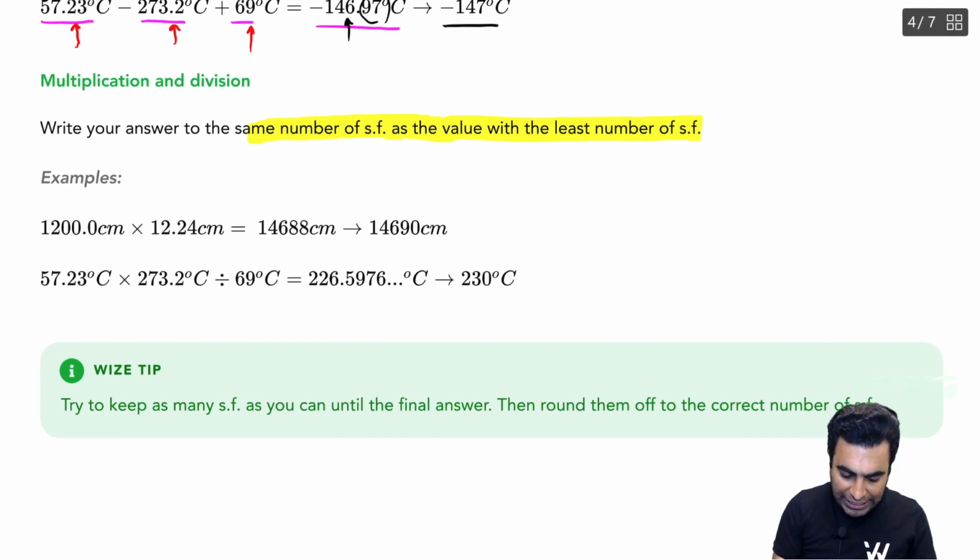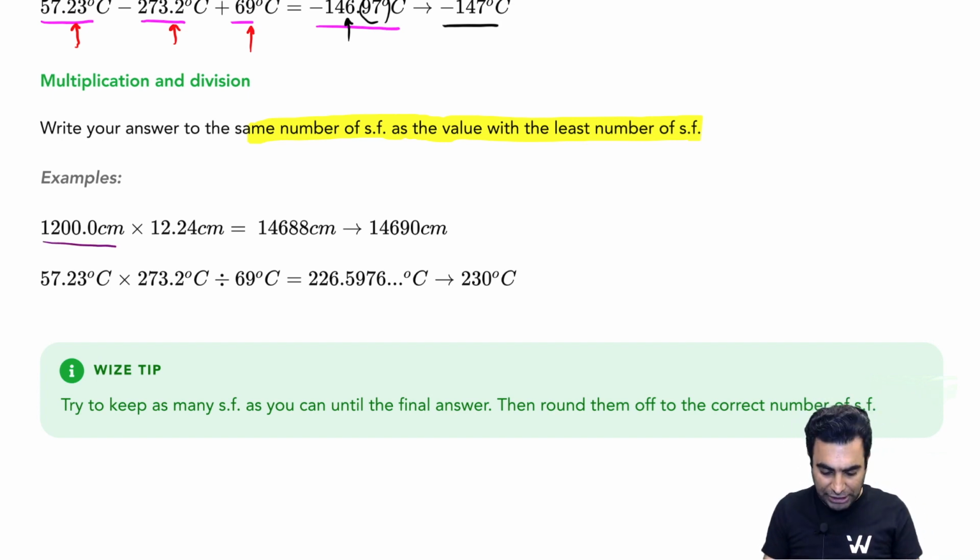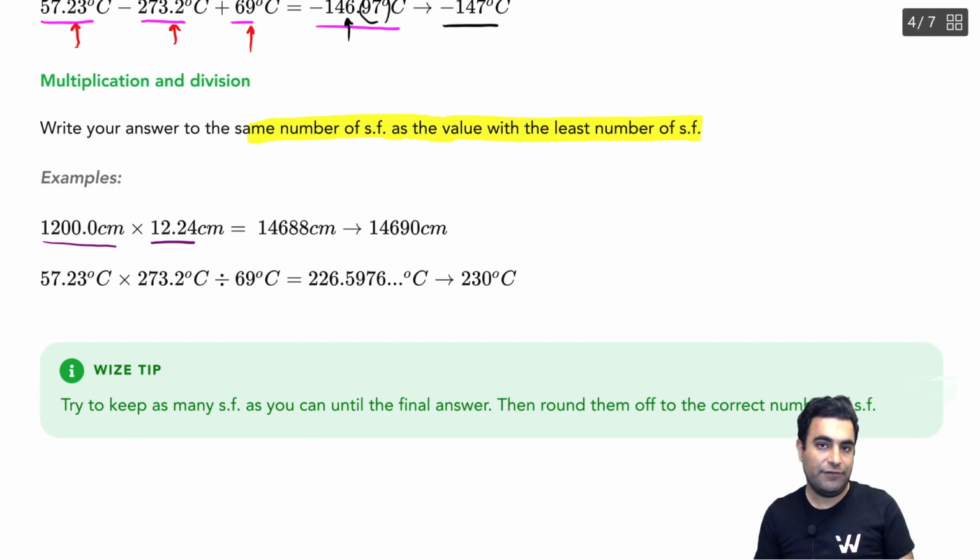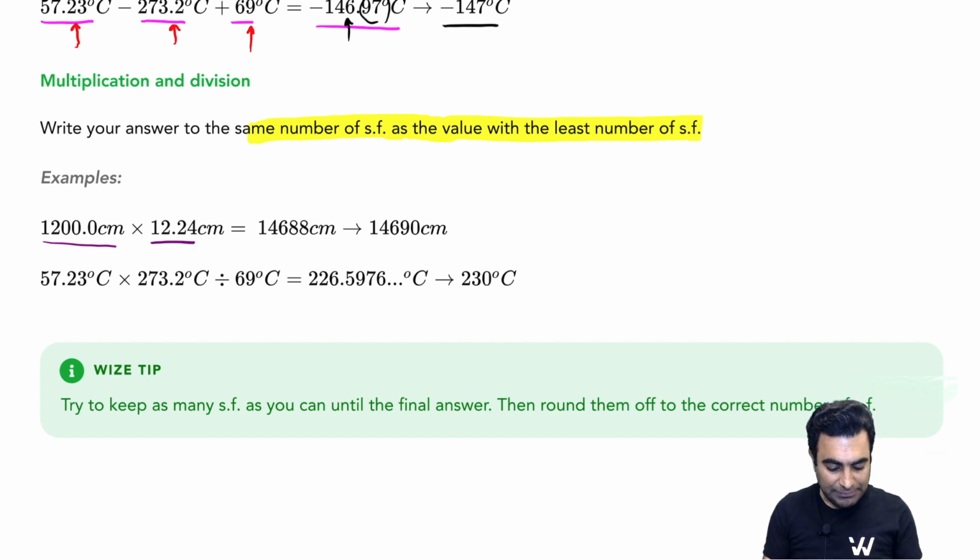For example, we have 1200.0 centimeter multiplied by 12.24 centimeter. The first number has 5 significant figures. The zeros on the right-hand side are important because we have a decimal point. And the next number has only 4 significant figures. If I multiply these two numbers together, what we get would be